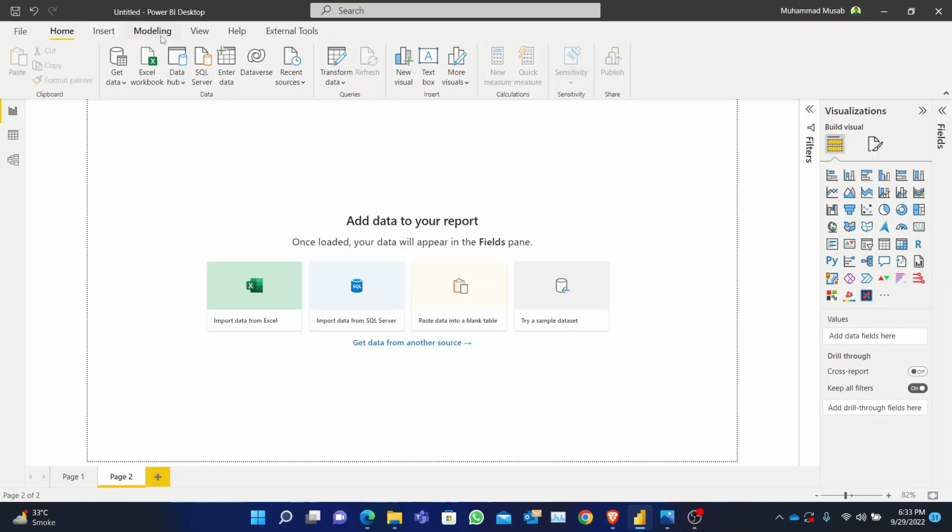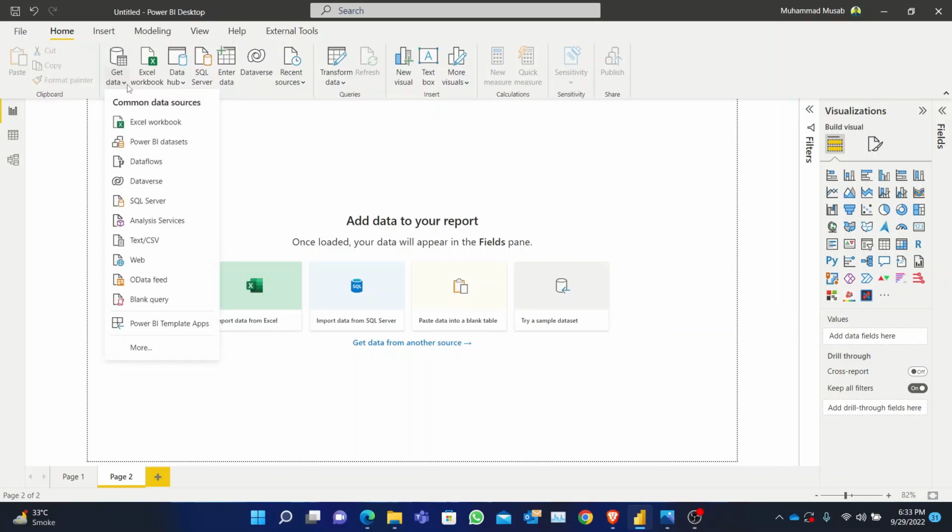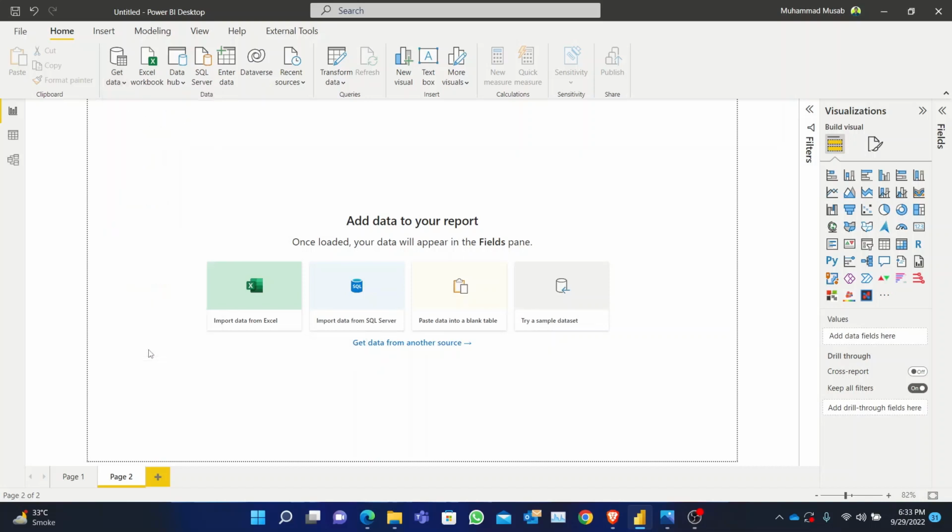Now we see in the Home tab there is a functionality, Get Data. When I click on it, it will show the common data sources that we usually use for our data, like Excel workbook, SQL Server Analysis Services, and CSV file from web. But there are many more data sources. We just need to click on More,